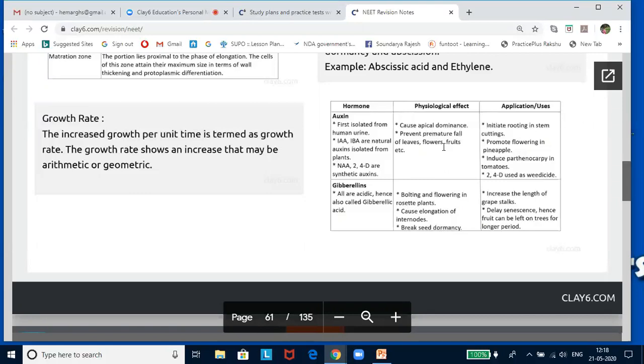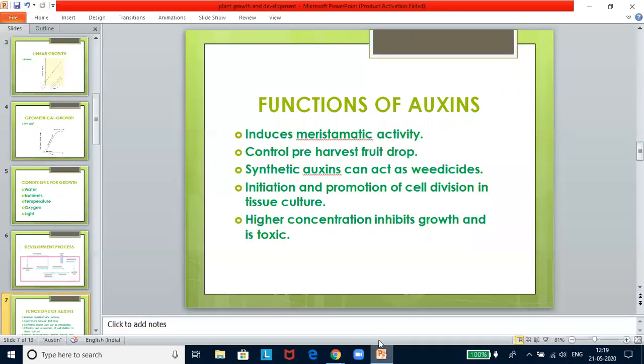There are more than 100 gibberellins reported from both fungi and higher plants, and the number is still increasing. These are denoted as GA1, GA2, GA3, that is gibberellic acid 1, 2, and 3, and so on. However, GA3 is one of the first gibberellins to be discovered and remains the most intensively studied form. The major sites of gibberellin production in plants are embryos, roots, and young leaves near the shoot tip. Now let us look at the functions of gibberellins.